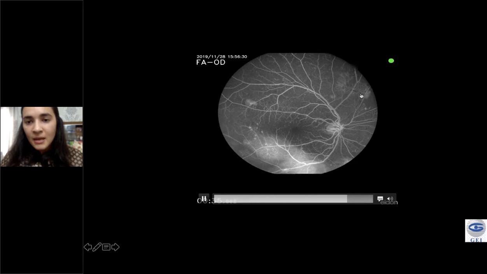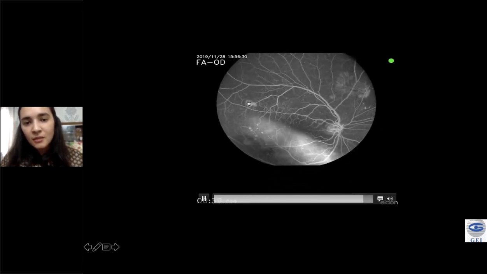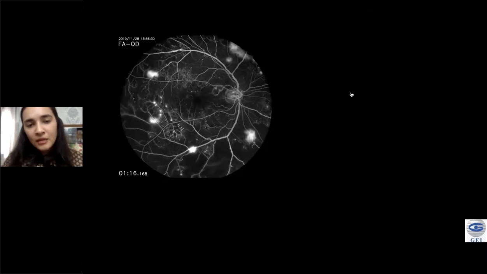There it comes up. It lights up like a sea fan, and you have multiple other NVs in the temporal aspect, but that particular frond is very big. So here you have a highlighted neovascularization. So in other frames, again, the late frame of the same patient, all the NVs are beautifully lit up.